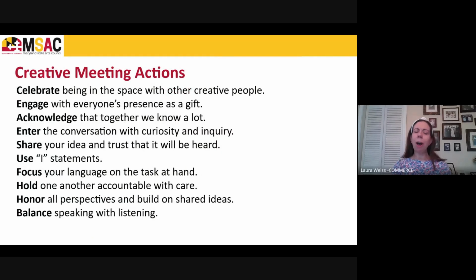Next, you'll see what we call our creative meeting actions. These are just some ideas to keep in the back of your mind as we go through today's presentation, particularly when we move into the question and answer session. And that is to celebrate being in the space with other creative people, engage with everyone's presence as a gift, acknowledge that together we know a lot, enter the conversation with curiosity and inquiry, share your idea and trust that